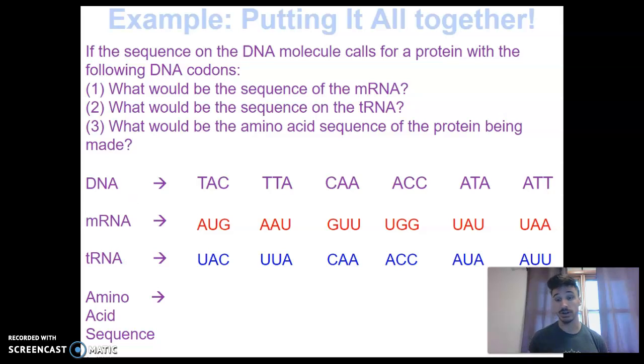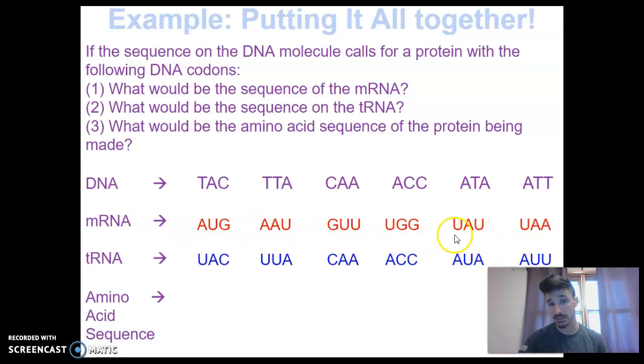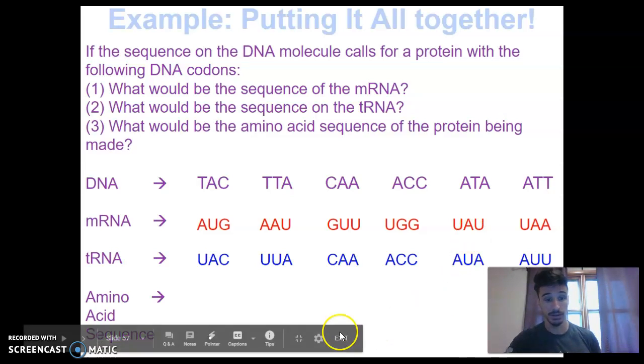And if you use your codon chart, all right, so take a second now, pause this, open up your codon chart, preferably the circular one. That's probably the easiest to read. And try to figure out the amino acid sequence. Remember, we only use the mRNA codons when using the codon chart. Only the mRNA codons, because that's what the ribosome and the tRNA use to bring in those amino acids you're trying to figure out. So the amino acid sequence reads